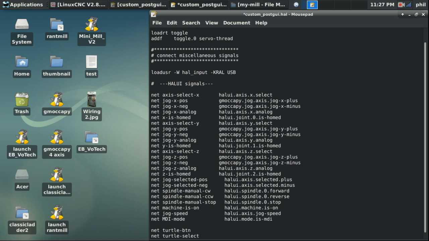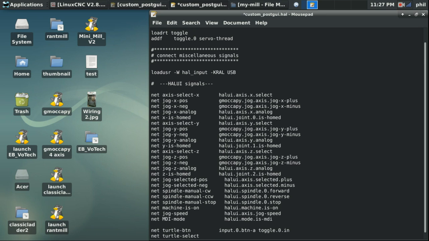In this case, we will assign the button of input.0.btn-a to toggle.0.in. So now we're passing the input into the toggle command,